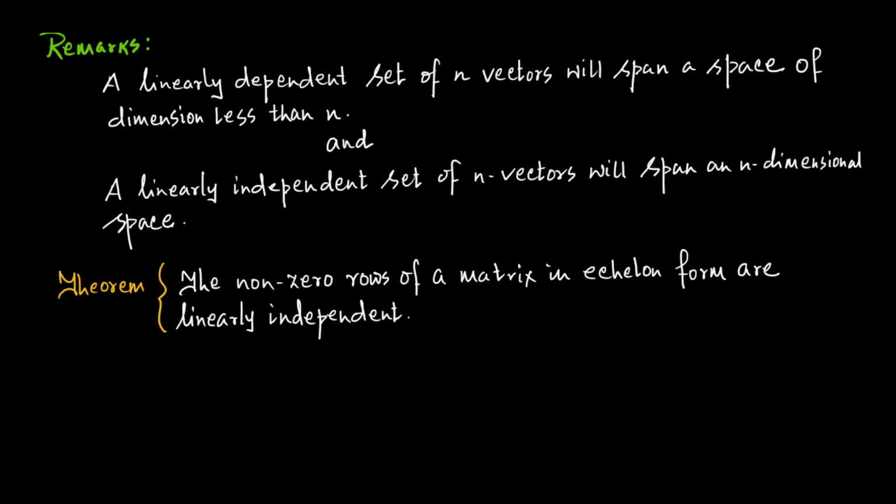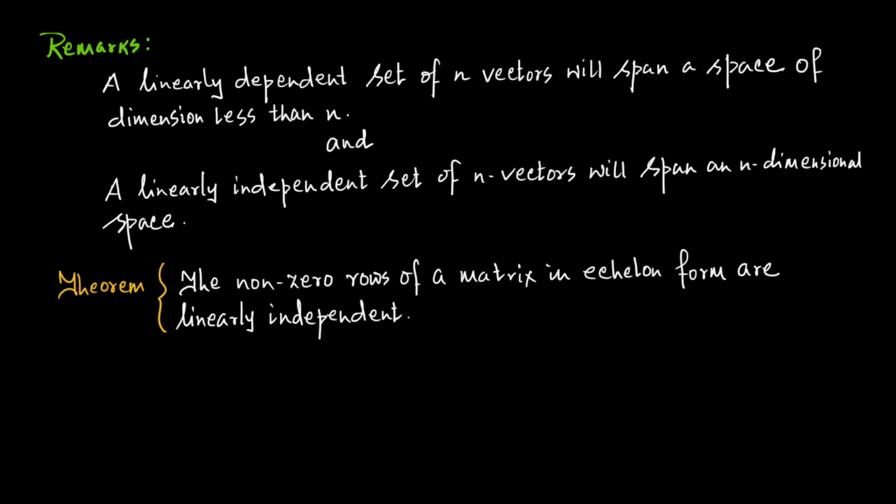If all the rows in the echelon form of that matrix are non-zero, then your set is a linearly independent set of vectors. If not, then you will understand that your set is a linearly dependent set of vectors. And accordingly, you will understand which will be a linearly independent subset of that set of vectors.